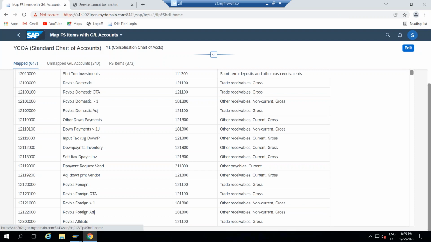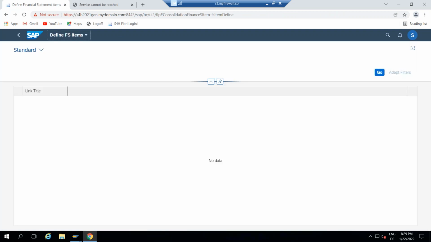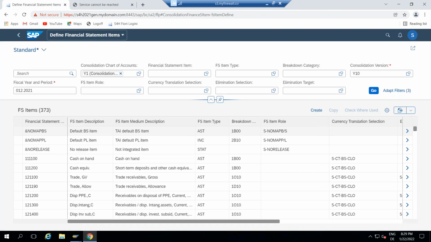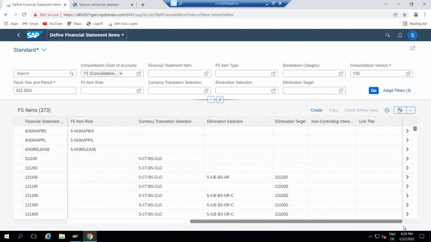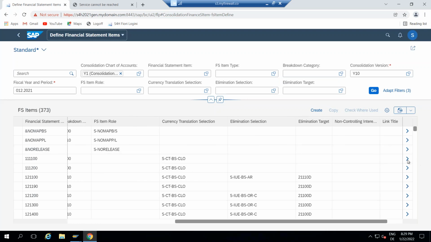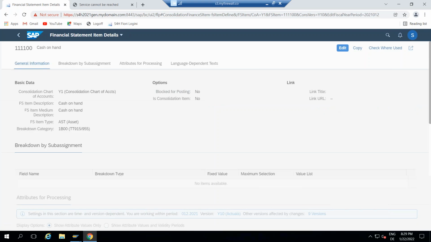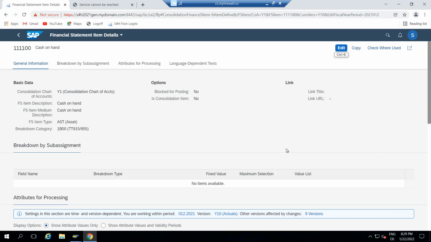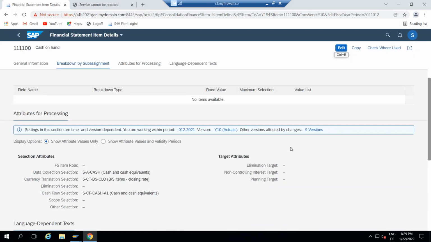Why SAP suggests not to create FS items from scratch is because if you look here, it has already assigned the selection criteria which has to be used. For example, currency translation selection: what FS items have to be selected for the currency translation. You will find all those FS items under this particular selection.